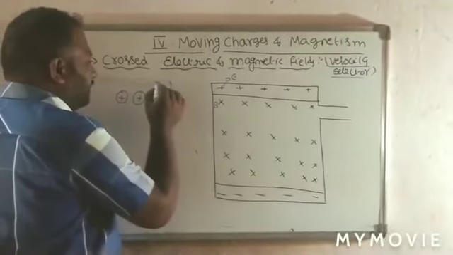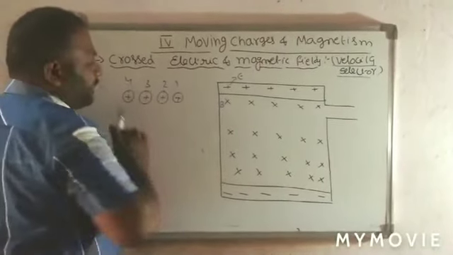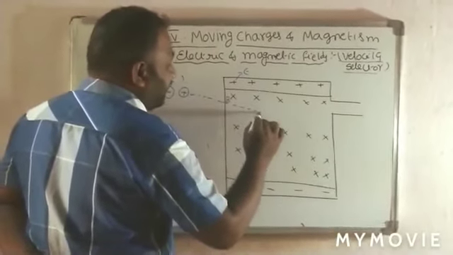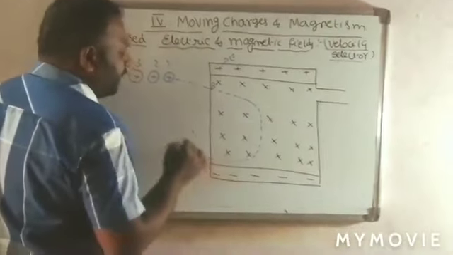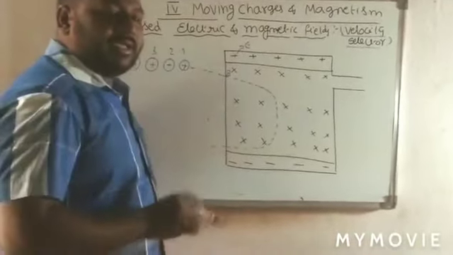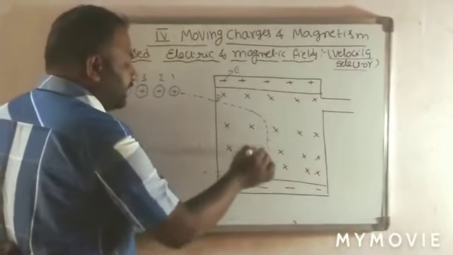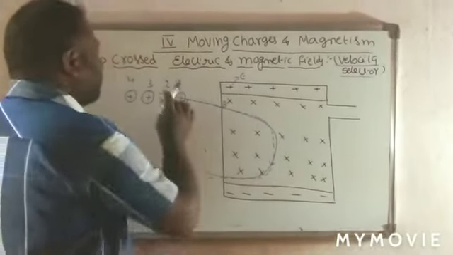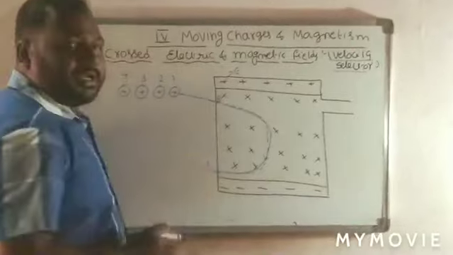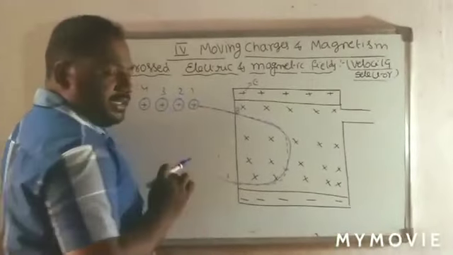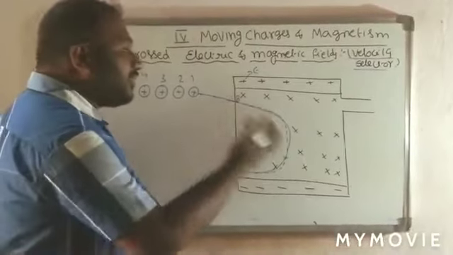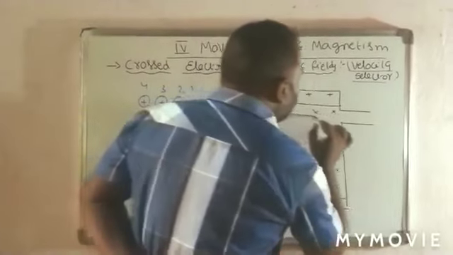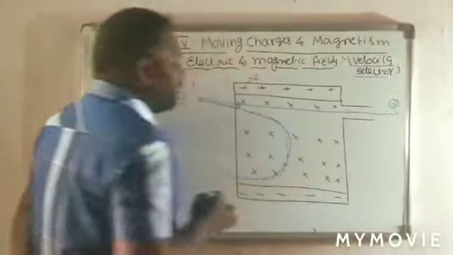Now I take some charged particles, 1, 2, 3, 4. Here, the first charged particle is entered. When it enters, it is deflected, meaning if the velocity is not equal to E by B, then it is deflected and takes the path known as the helical path. For example, if this is the path of the first particle, and the velocity of the second particle is equal to E by B, then what happens? The second particle is not deflected, so it directly takes this path.